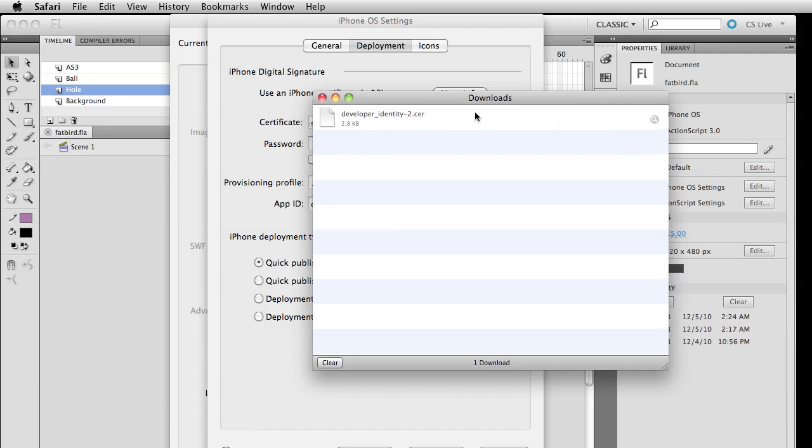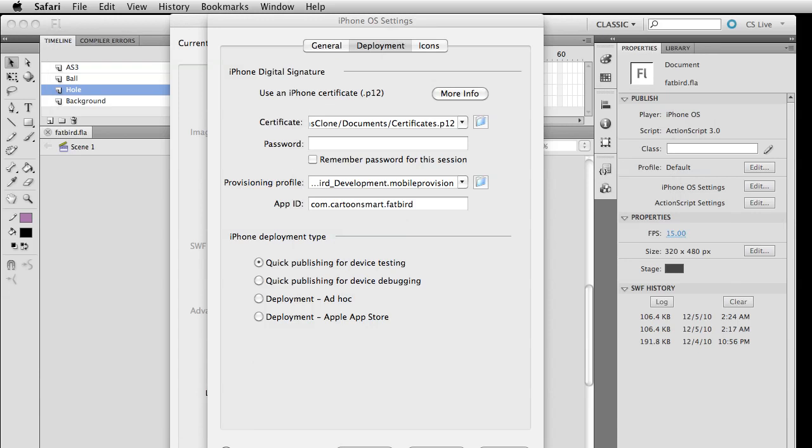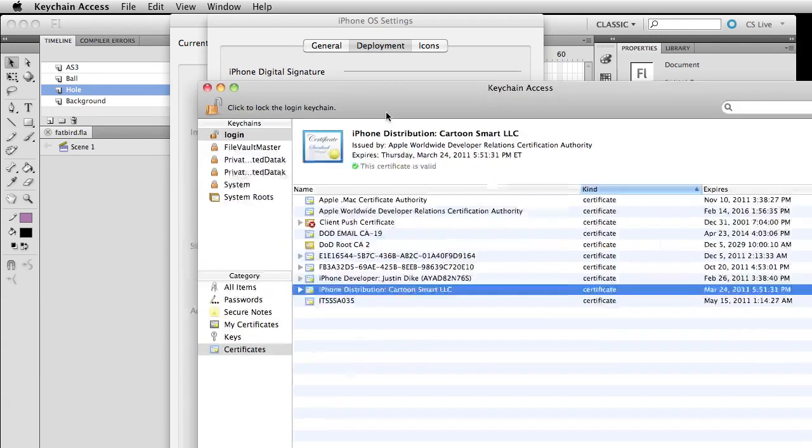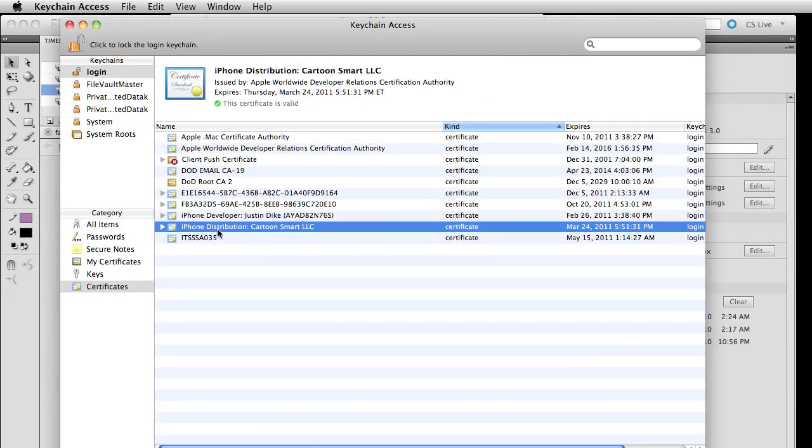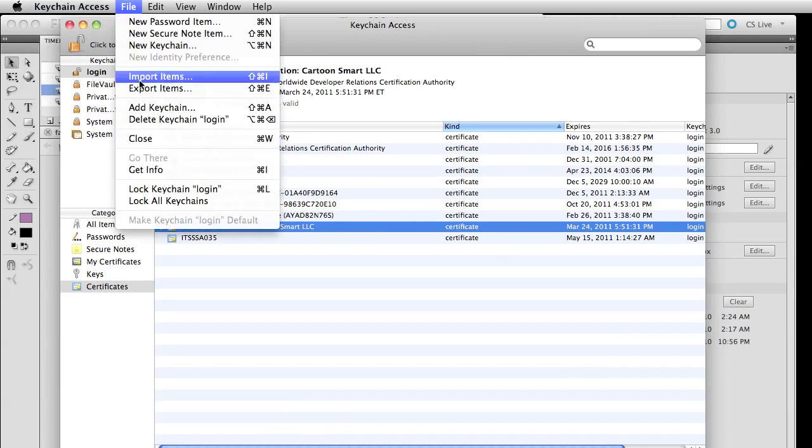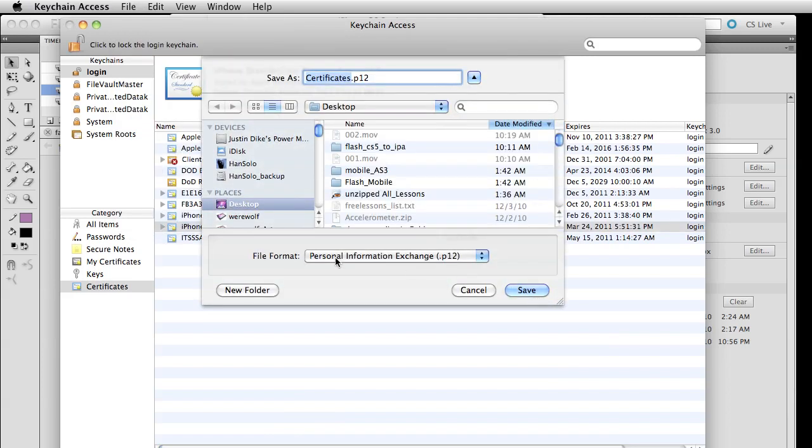You're going to find that file, and you can probably just double click it, but you could drop it into your application called Keychain Access, in which case you're going to have something like this. Okay, so here it is, your keychain, and then you go over here to File, Export Items. The file format is Personal Information Exchange, .p12. Click on Save,